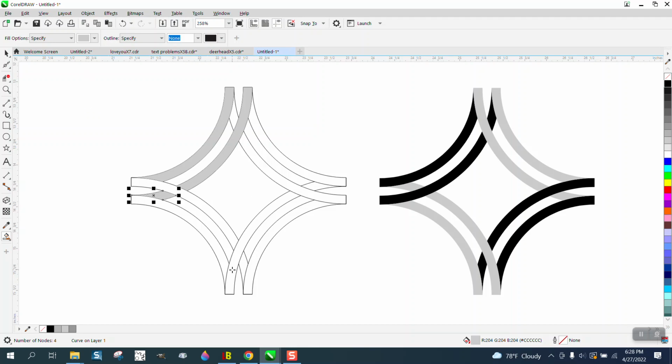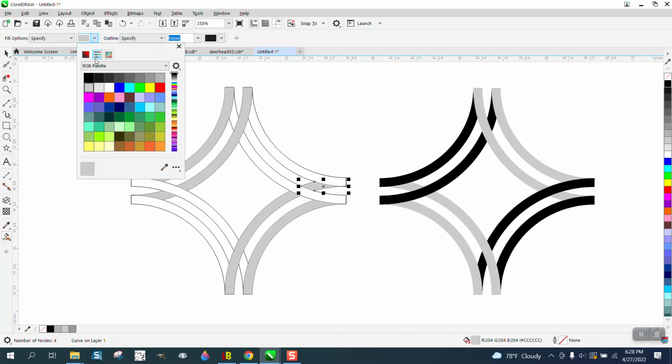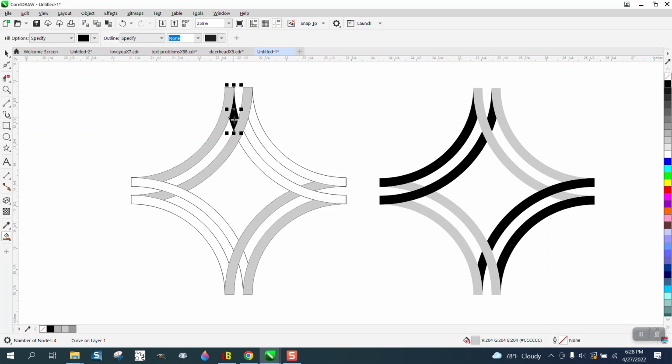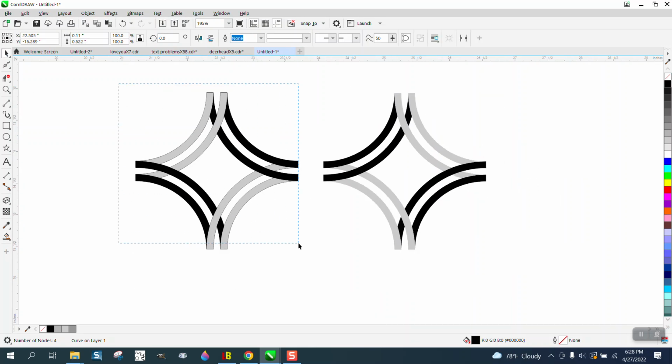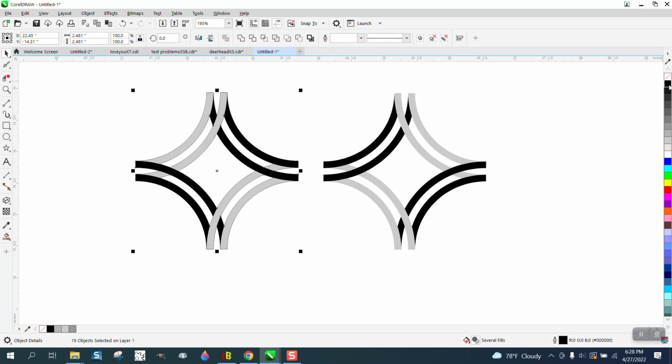You could actually go ahead and do the next two. And then let's switch the Smart Fill tool to black. And we go here, here, here, here, here, and here. And then once we take away the outline by selecting it all and left clicking no outline,